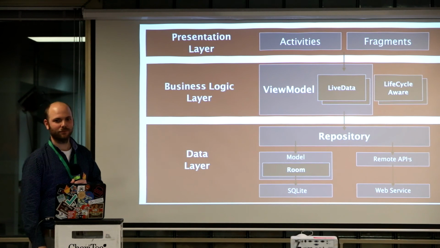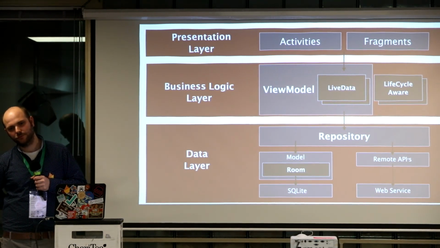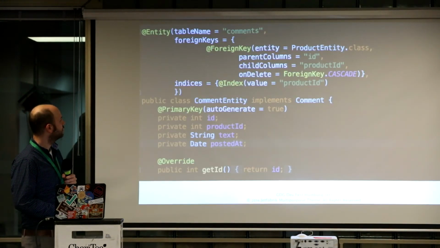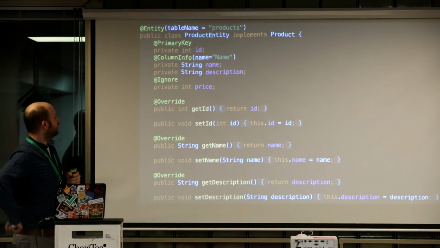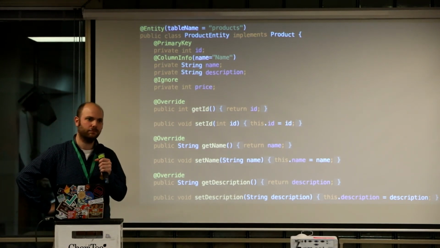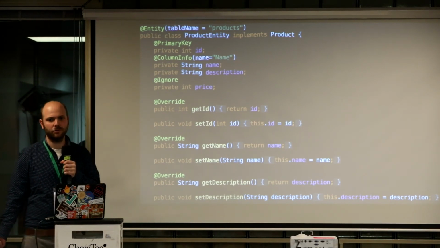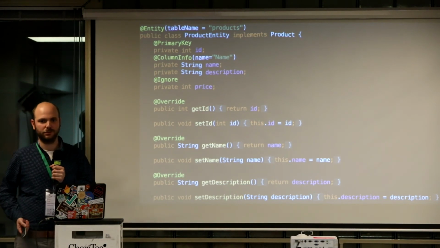One more question. Yeah. There's an annotation for ignoring a certain field. If you use this entity only for the scope of your database, what would be a valid usage of this ignore? Why would you have this price field if you ignore it anyhow? Maybe one use case would be that you want to compute some attributes. So let's say you want to compute the price after you fetch, and then update